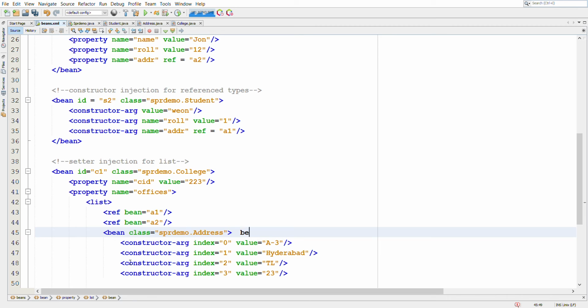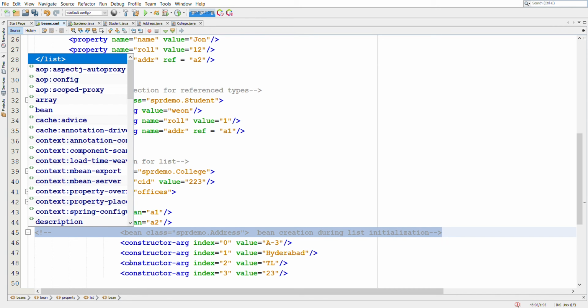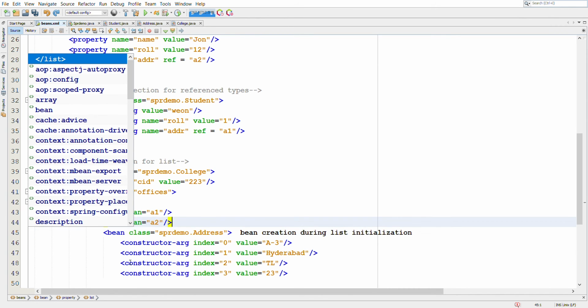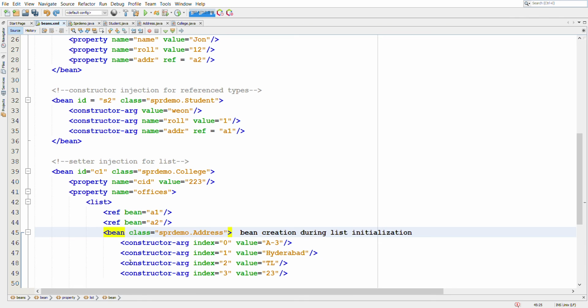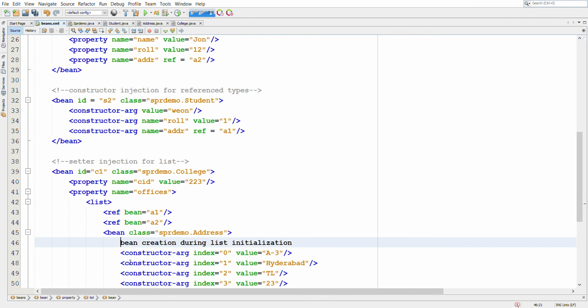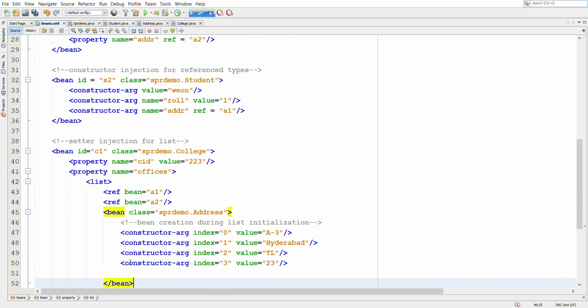So this is bean creation during list initialization. Since we are creating the bean here itself, we need not give the ID here, because this bean will not be identified anywhere else. That is why.